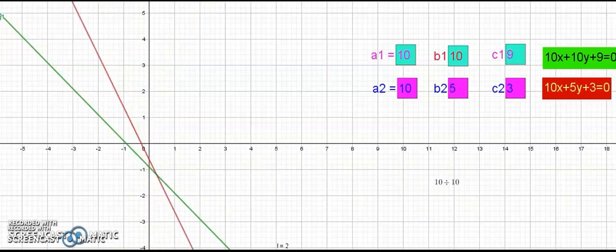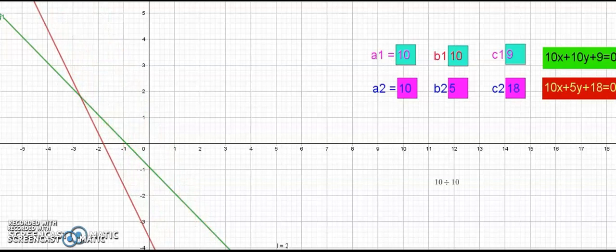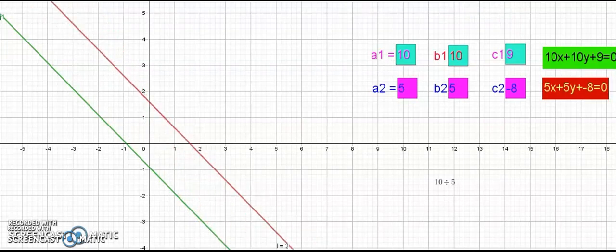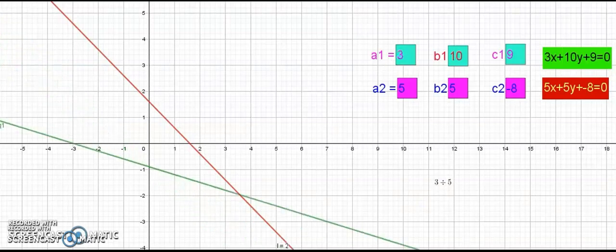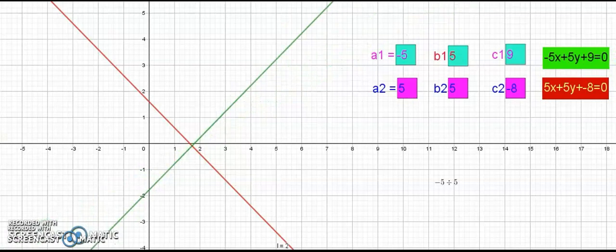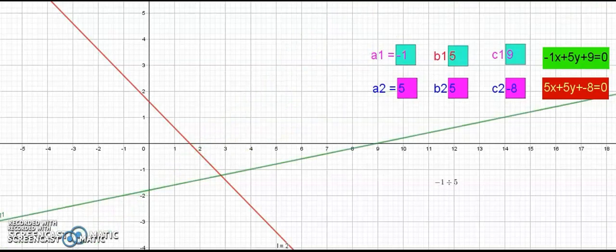You see a1 and a2 are equal right now, and I am changing the values of c2. When these values are being changed, can you see the reflection here in the graph? The corresponding change in the graph. Now the lines are parallel. So observe the coefficients. Just observe the coefficients. When the coefficients are changing, you can see the lines, they are parallel sometimes and they are intersecting sometimes.